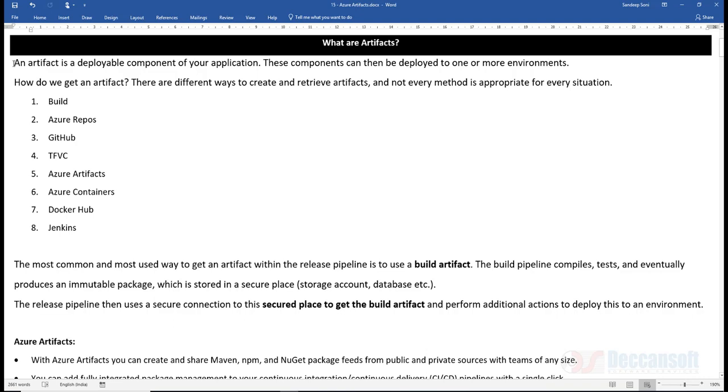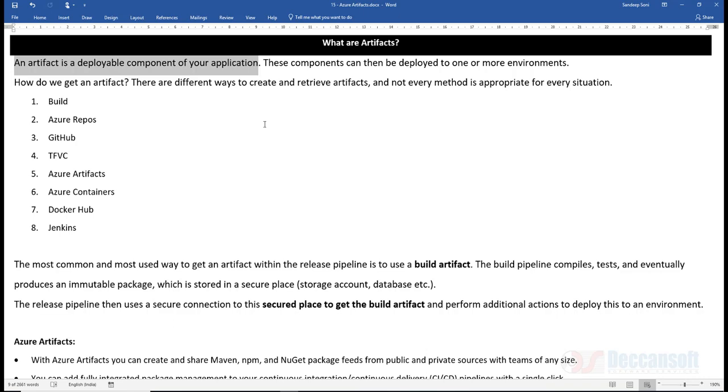Yes, we know this pretty well. An artifact is a deployable component of your application. We want to deploy this, and it can be anything. Most of the time, in our case, a zip file is generated. It can be a DACPAC, as we have also seen. It can be a simple DLL file if needed, a collection of a few files, or even a simple text file at times. It can be any kind of file which can be generated as an artifact.